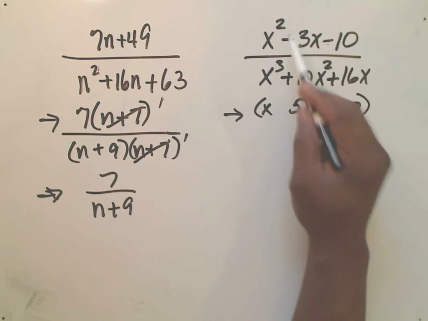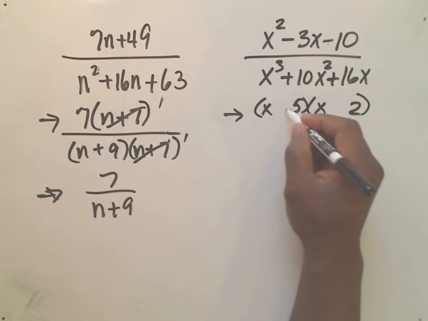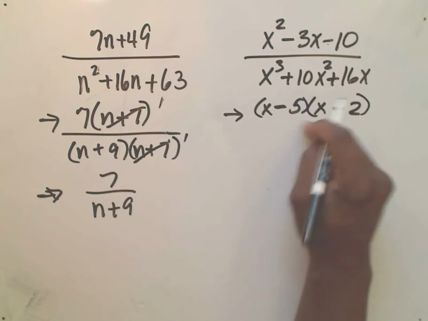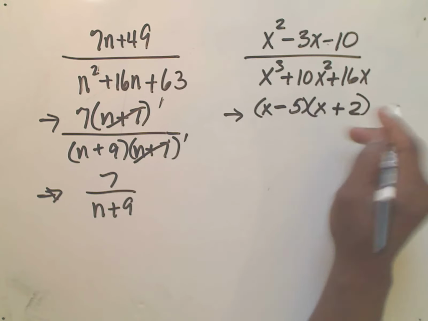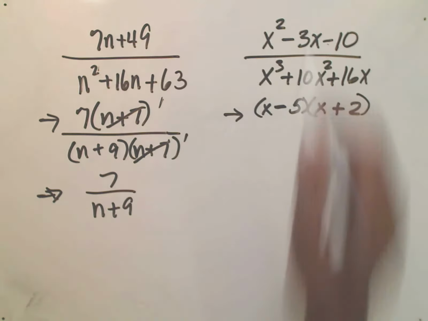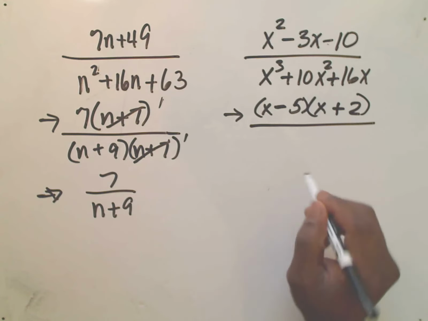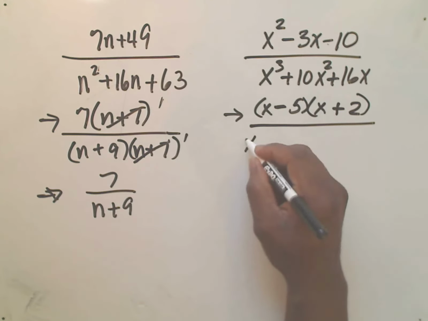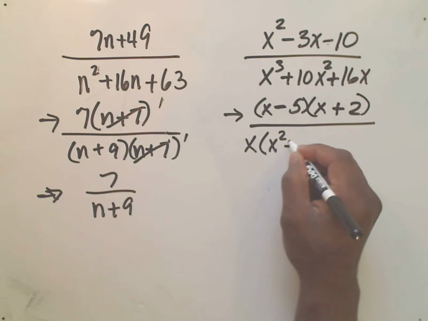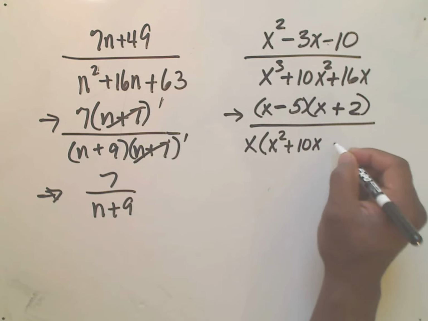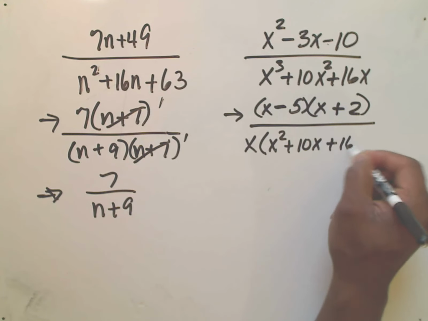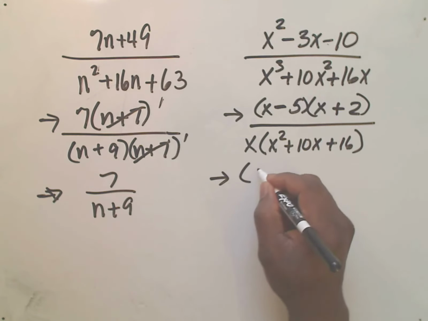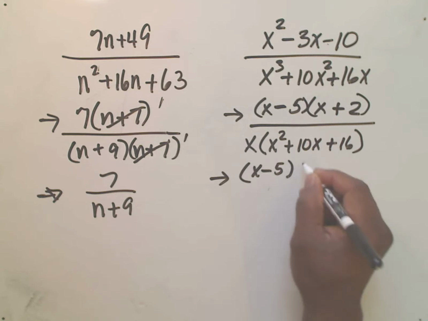And since this last term here is negative, we're going to make the larger one negative since they're going to subtract. So we'll have negative 5x plus 2x will give me the negative 3x, and we're done. For the denominator, it looks like we have a common term to all three, and that is x. So x times x squared plus 10x plus 16. If we factor out x, we'll leave the numerator as is, x minus 5